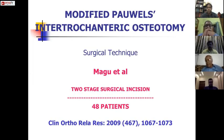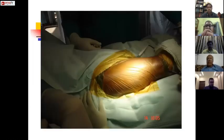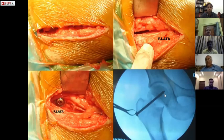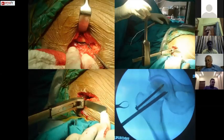Surgical technique is very easy. I'm just passing through. Patient maybe on fracture table, but I do it on conventional table. So patient on the conventional table, just a 5 centimeter incision. This is the fascia lata. Pass a guide wire. Stabilize the proximal fragment, that is the head fragment, with a screw, because if you pass the blade or the chisel directly, then this head will rotate or wobble. So fix the head with a screw, first with K-wires or guide wires, then with screw, and now you